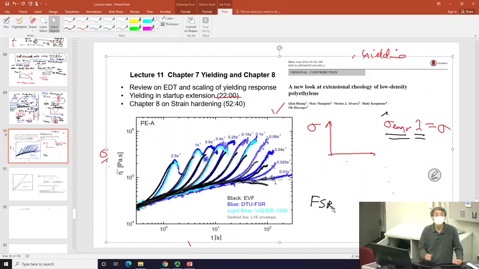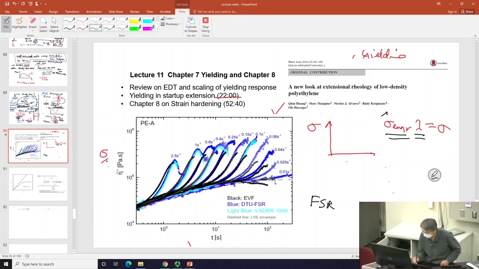Okay, it's always plotted as true stress divided by the rate, so you get some kind of transient viscosity and so on. And of course, you notice something peculiar already. First of all, you should already know that we talked about this. This is the zero rate envelope. So you have so-called strength hardening, quote unquote. And our interpretation that this goes up is because the sample has very difficult time,